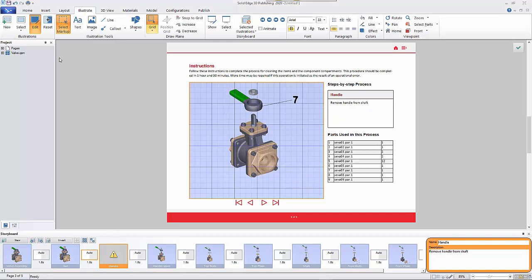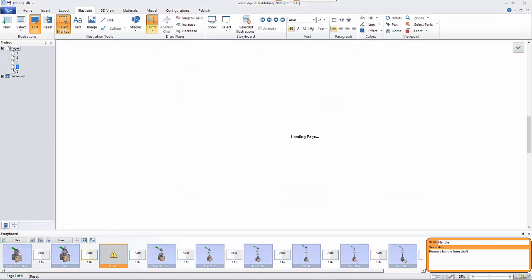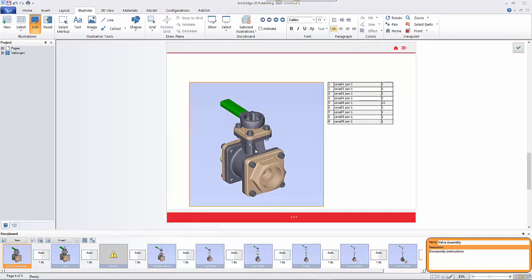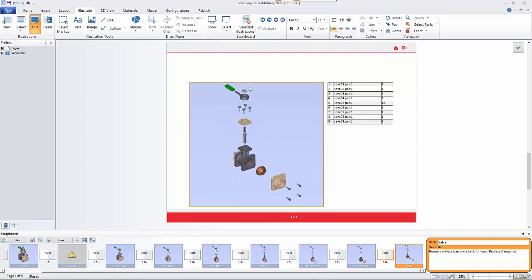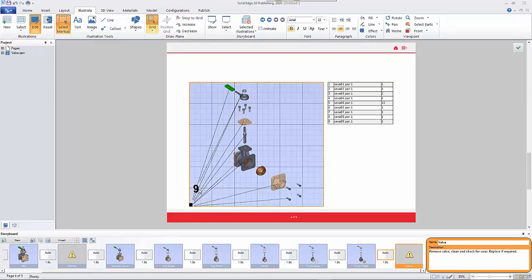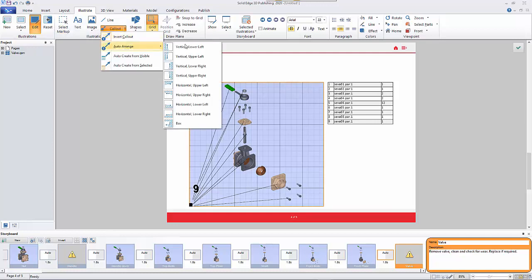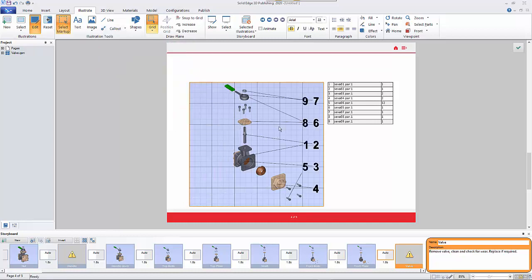So moving on from here, let's look at the next page, which is the parts list. So if I come up to the last one where you can see all of the different parts, I'm going to go in, and under the call out you can auto create from visible. So that just creates that in there, and then auto arrange going from the upper right. So from here you can then just